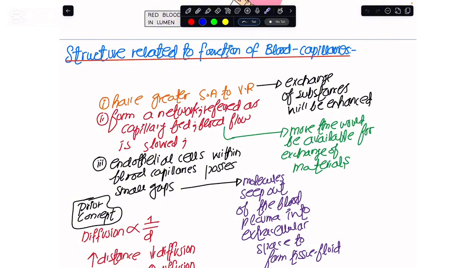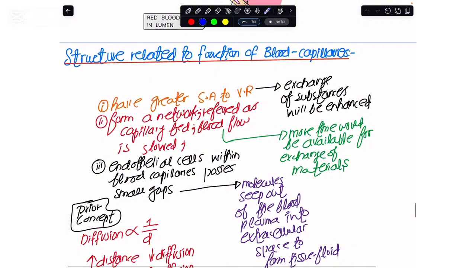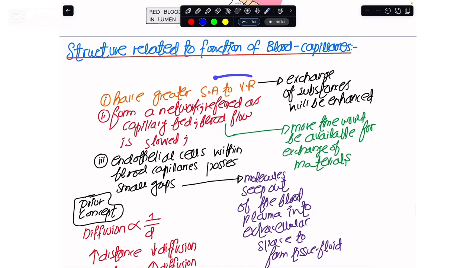So for these blood capillaries, I have to increase their surface area. I also have to minimize the flow of the blood, isn't it? I also need to seep some of the blood plasma out of the blood capillaries for the efficient exchange of the material between them and the surrounding tissues that we have with us. So in order of their structures, the first thing is that these blood capillaries have a greater surface area